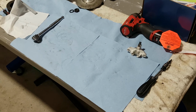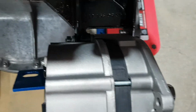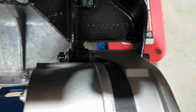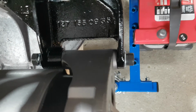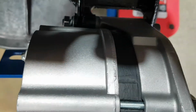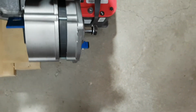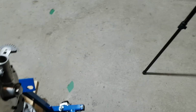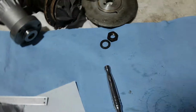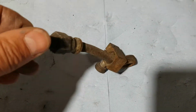Okay, so that's how it works out. Right there, you can see the bolt is in, and the other end is in. I'm not gonna tighten it all the way. It's secure. It's kind of resting on a stand now. As for my tensioner, I cannot put the tensioner on yet, since I just got that piece and I need to clean it and paint it. So I will clean it tonight, and